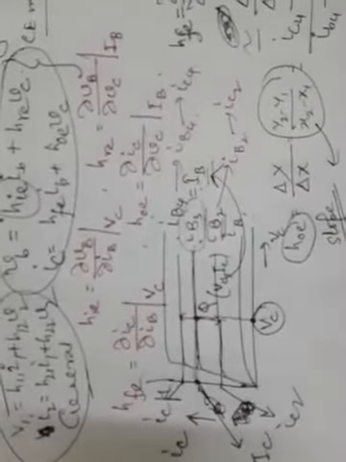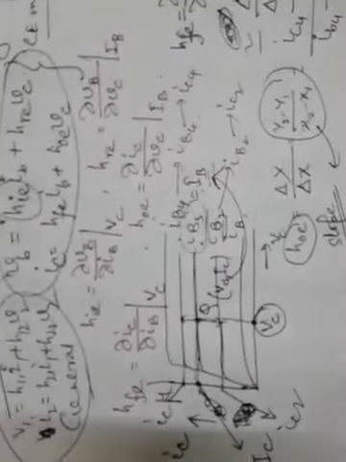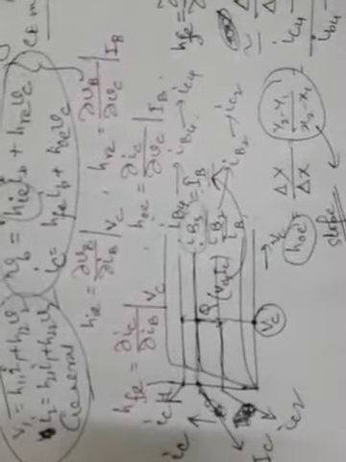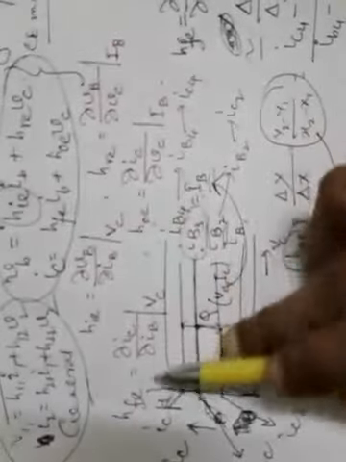So the two parameters HFE and HOE can be defined likewise, and the other parameters HIE and HRE can also be obtained from the input characteristics of the transistor by following a similar procedure, because this is the output characteristics. From the output characteristics we can find HFE and HOE. So from here you have seen.